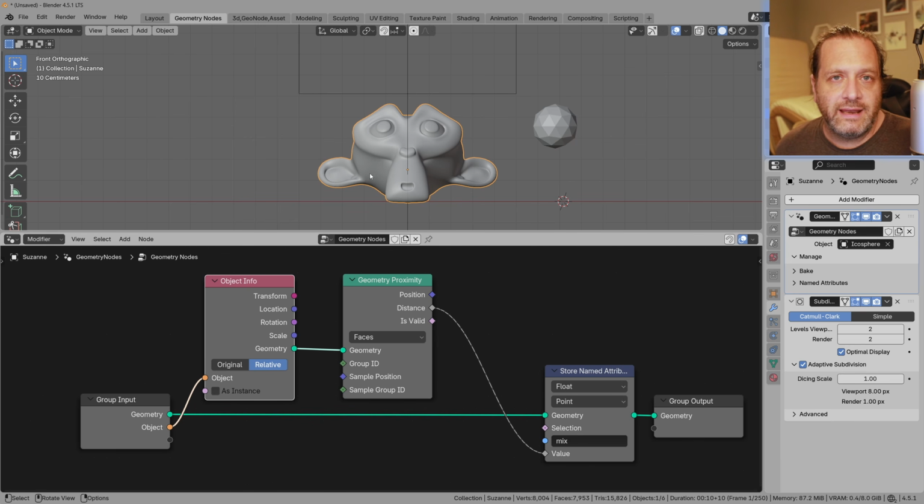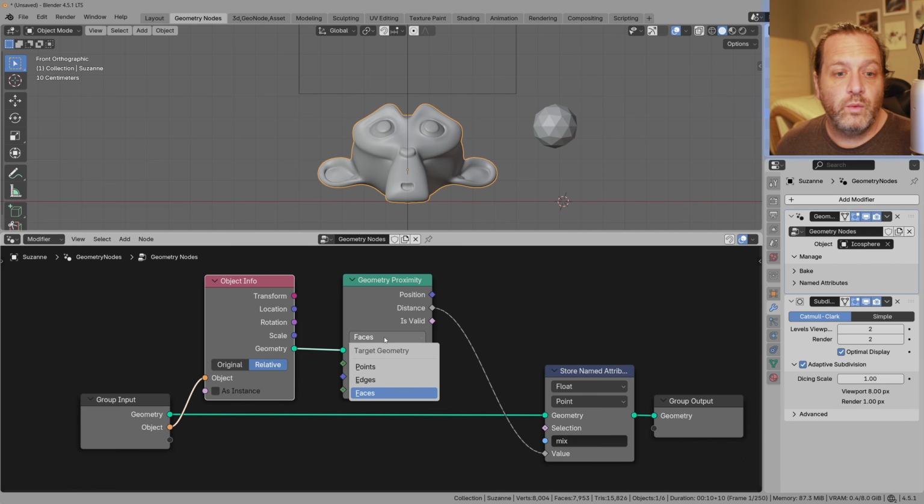So we're looking at setting an attribute for every point in the Suzanne head, because we don't have a selection making it a smaller amount, which we could do if we wanted, but we're not for this particular tutorial. Now for each of those points, we are going to find the geometry proximity to the faces of the icosphere. So we can look at this kind of going backwards, where we have our points and we're getting the distance to the closest face of